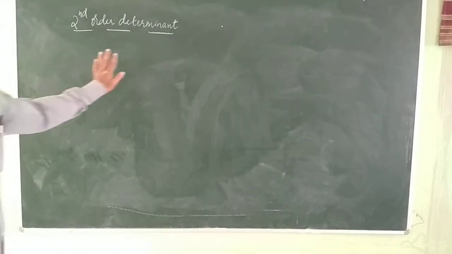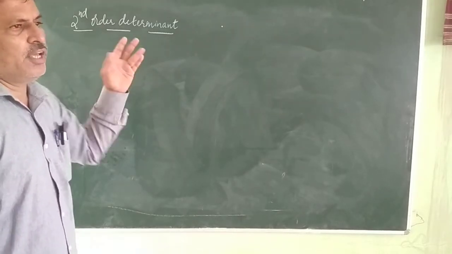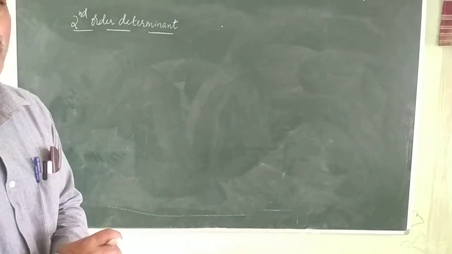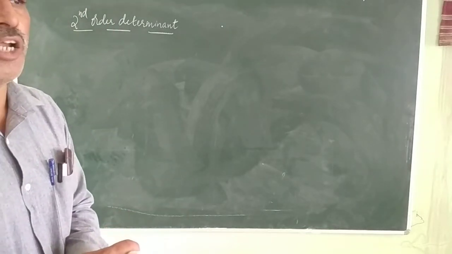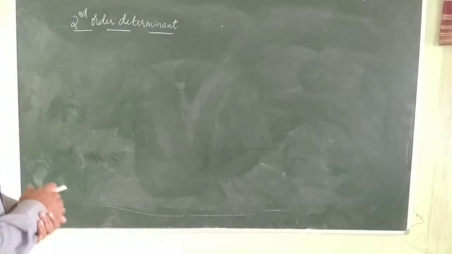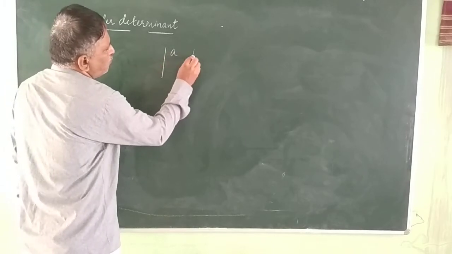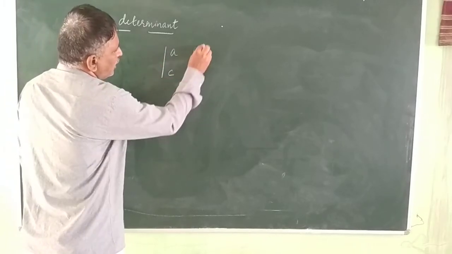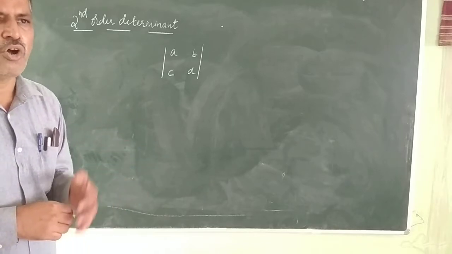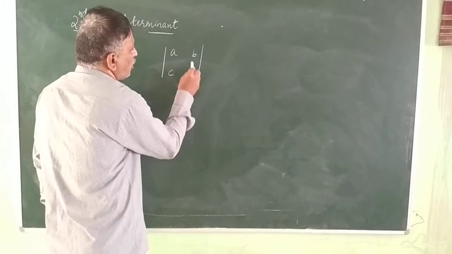Now, second order determinant. First, we'll solve the problems based on second order determinant. Then we'll go for the third order determinant. Already I told you it is an arrangement of elements into 2 rows and 2 columns. So we will take a determinant A, B, C, D. Then how to find the value of this, or how to evaluate this? The method is to take the product of